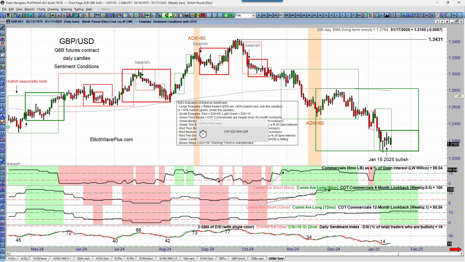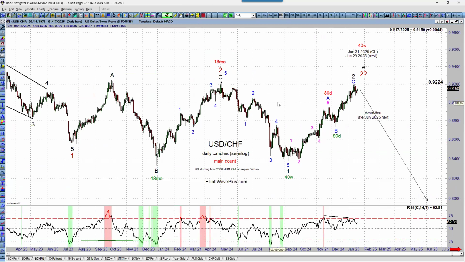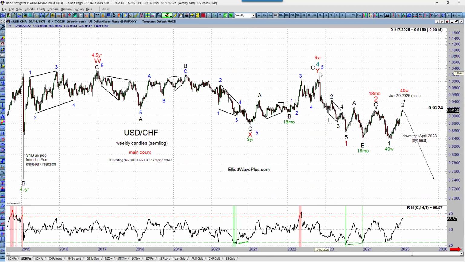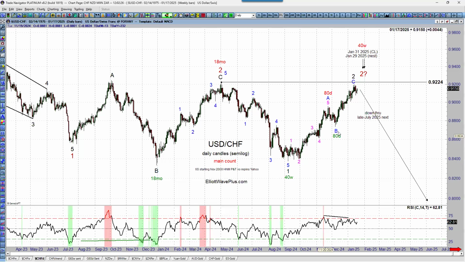Look at the Swiss franc very quickly. Generally looking for a wave 3 to get going to the downside on the US dollar versus the Swiss franc. I think we got a 1 here and a 2 here and another 1, 2 with a very deep wave 2. This looks like a potential top right here on the US dollar versus the Swiss franc, up from this low in September of 2024. 1, 2, 3, 4, 5 for A, corrected B wave. Then a 1, 2, 3, 4, 5, probably finish. There's invalidation, and it's with an eyelash of invalidation now